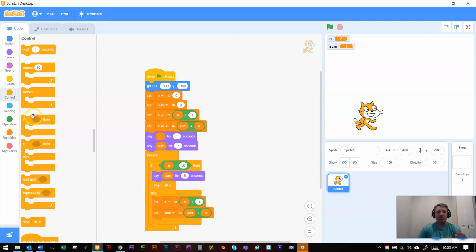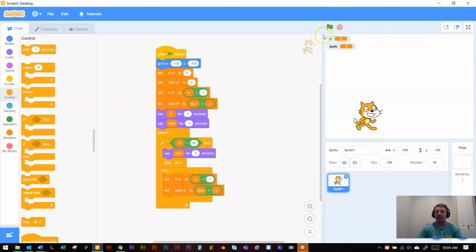Okay, we could have used a loop where we program it in, and maybe we take this chunk of logic out right here and say, let's loop until n equals 50. Like I said, there's a bunch of different ways to do this. But I'm just going to use this little forever block, and then I'm going to use the logic here, if n equals 50, to tell the program whether to stop or not. So let's just see what we got so far. Let's see what